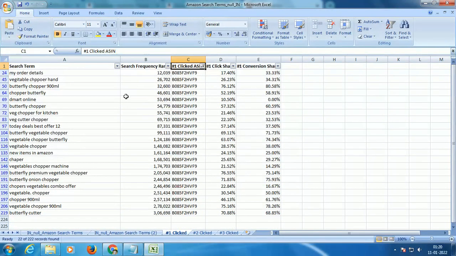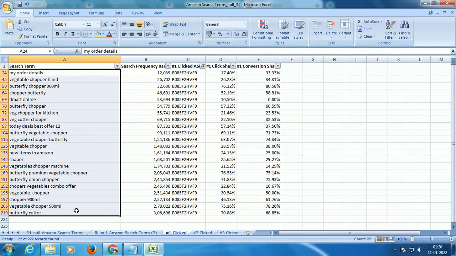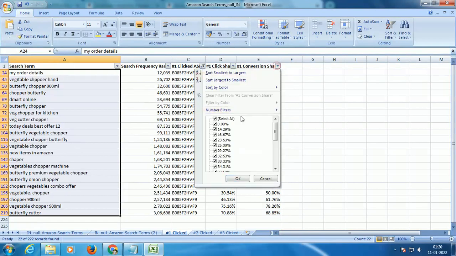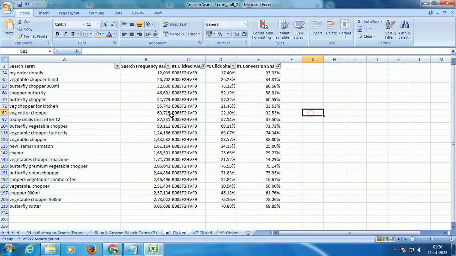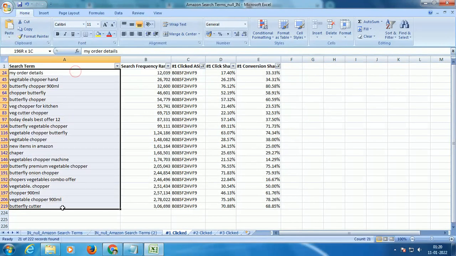You see, there are few keywords where he is the most clicked ASIN, right? And not many though. While the previous competitor is ranked for many of the keywords, this guy is ranked for few of the keywords, but not bad. And you also see he has got a decent conversion share for few of the keywords, right? So I'll also make a note of these keywords, right?